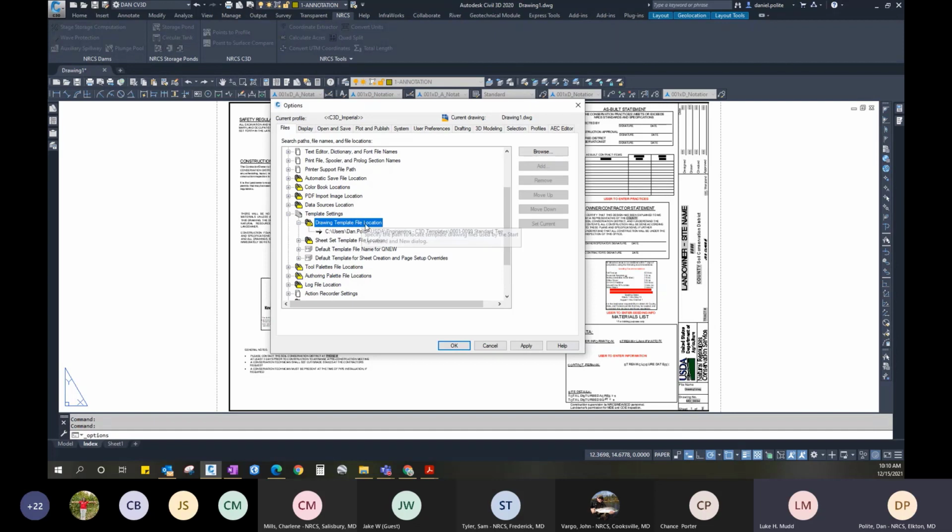drawing template file location. You'll notice here, it's under C, users, my name, USDA, engineering, civil 3D, and the templates. So it's going to the standard templates. Anytime I go in there to start a new drawing, I'll show you the process of doing that and what it does. The other one that you want to concentrate on